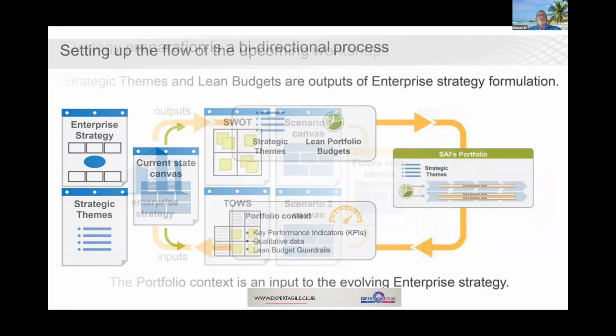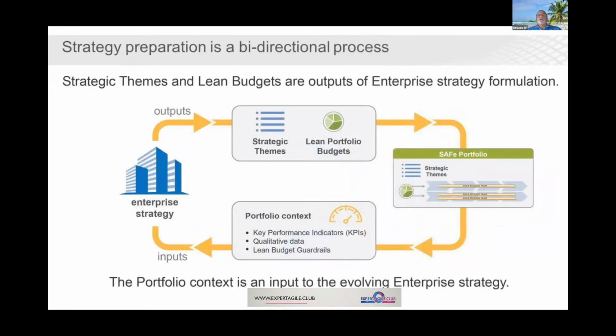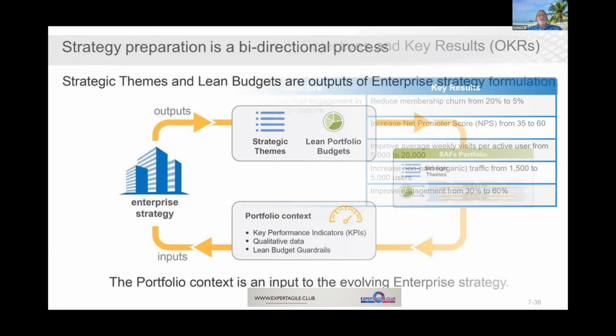So strategic themes and lean budgets are outputs of the enterprise strategy. So based on that enterprise strategy, we're going to create those strategic themes. We'll have lean budgets. We're going to have portfolio context, and then we'll have our value streams that we already talked about, and the work will go into those value streams. So we like to